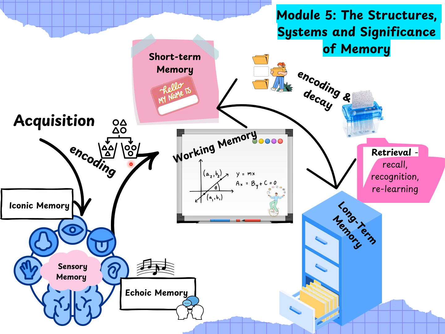However, the process of acquisition and encoding can't happen without sensory memory. This is all of the raw sensory data we receive. Here, memory is usually only stored for a second or less before being discarded or moved on. Two examples of this are iconic memory, where we form visual mental images based on visual stimuli, and echoic memory from auditory input. Once we've acquired a sensory memory, it will either be discarded or encoded into short-term memory or